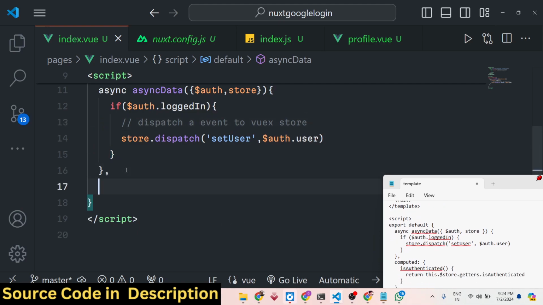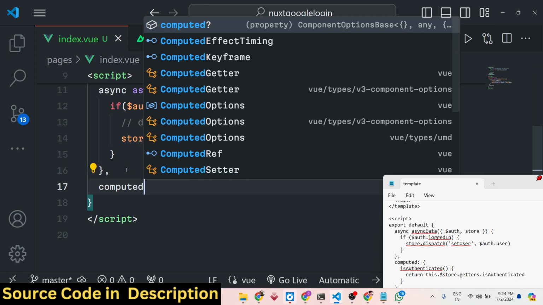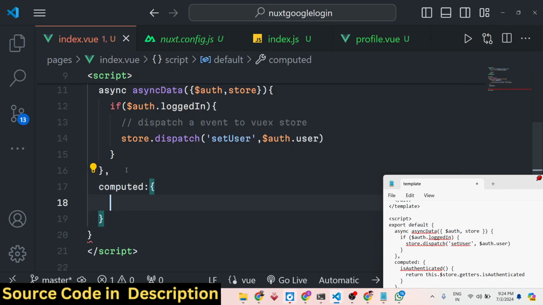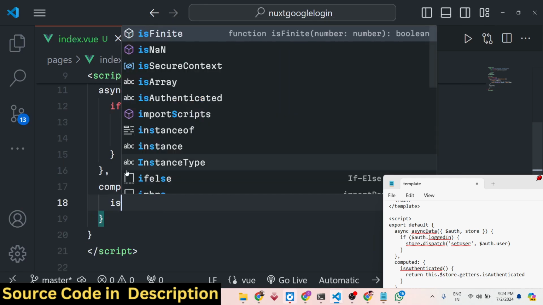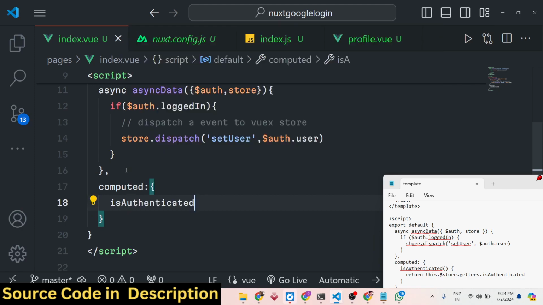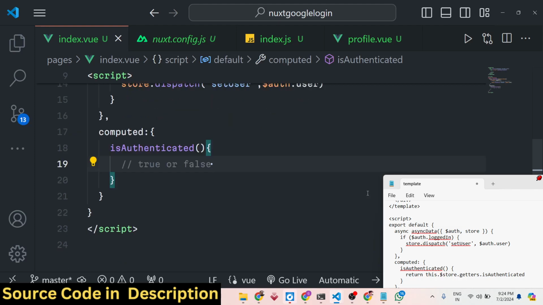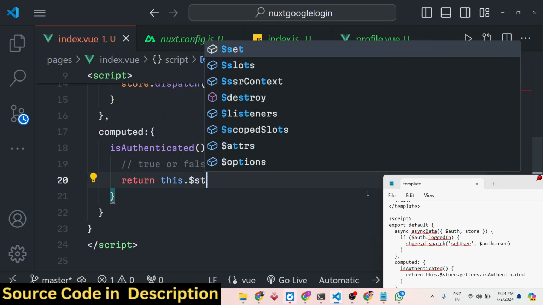So put a comma here, and there is this computed property which is there inside Vue.js. So this is authenticated that we are using inside our HTML. This property either will return true or false depending upon whether the user is logged in or not. So we'll be returning this dot store